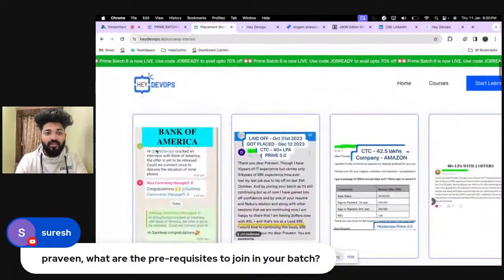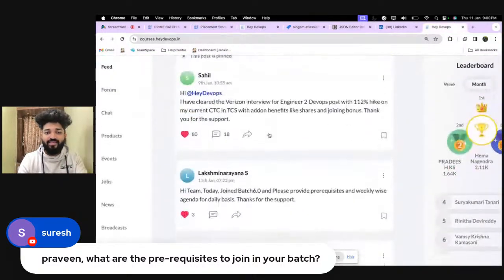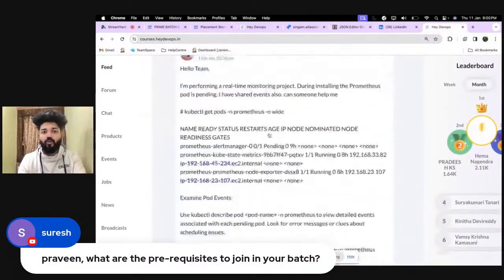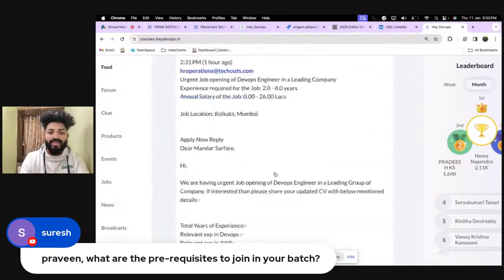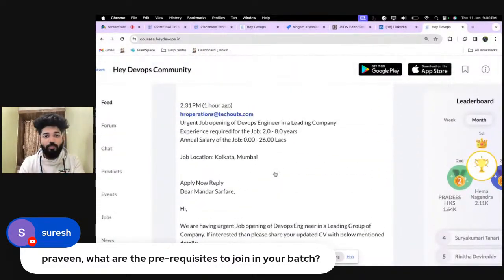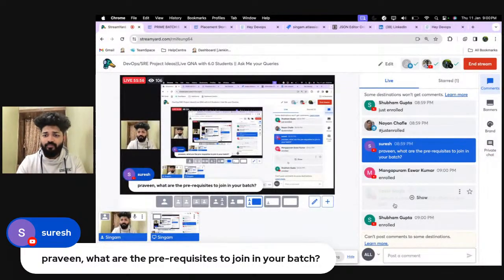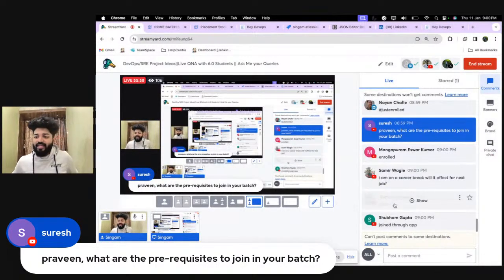You can see here what the community manager support will be, right? And you have a dedicated feed section. This is how the feed section looks, where you can come and talk with your friends. You can ask any of the queries, so all those things can be done here. You can post the job openings also, right? So make sure you are doing all those things. Any other queries you have, guys?